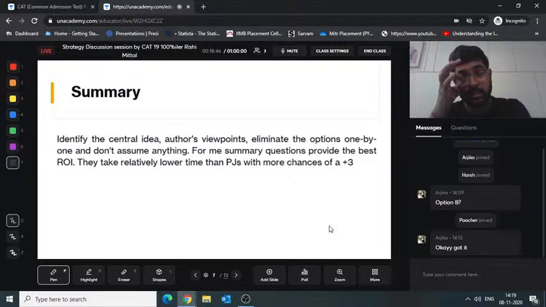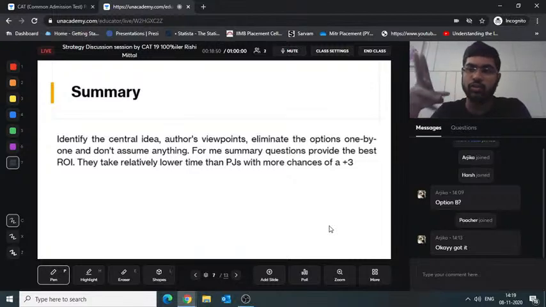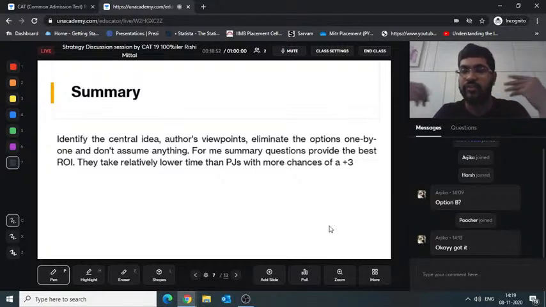Also, sometimes in summary questions, you might have core central ideas and subsidiary ideas. So you'll also have to identify which are those secondary ideas. Okay. And apart from that, again, as I mentioned in my RC session, do not at all assume anything. Don't assume anything unless it is mentioned in the summary above. Okay. We'll do an example, we'll analyze that and see how it pans out. Okay.